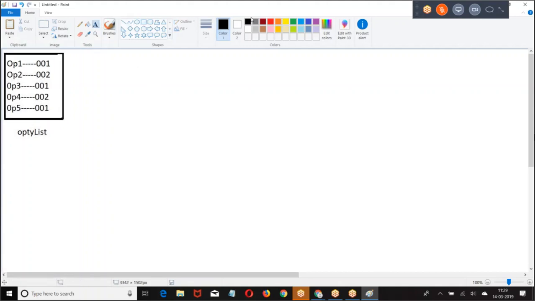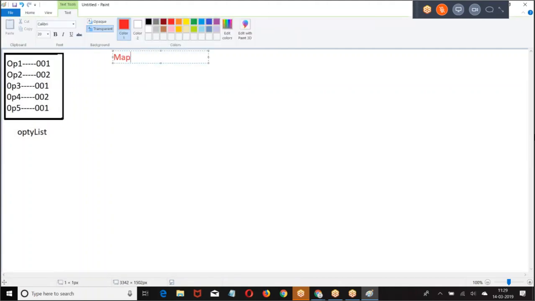Then, first one I am giving map of ID. Then, what is the code you are writing? ID comma staff.